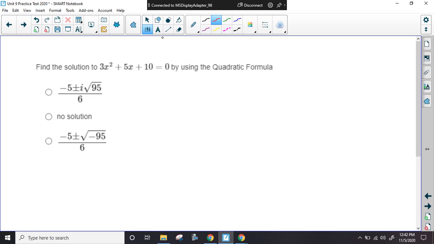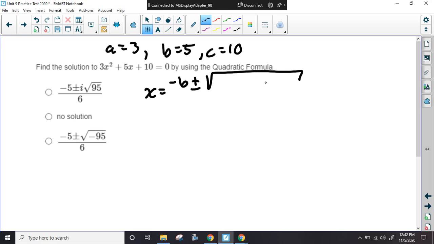All right. As I said yesterday, you only have one of these. It's the quadratic formula. Okay. So on this one, our A is 3, our B is 5, and our C is 10. All right. And the quadratic formula is this right here. All right. So when we plug this in,